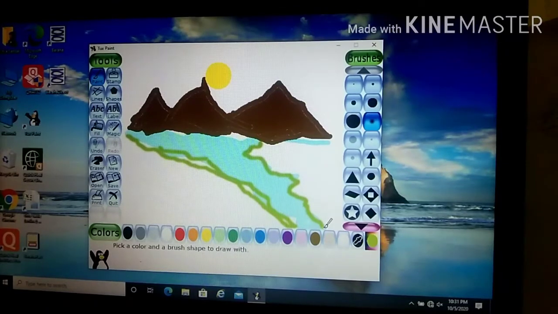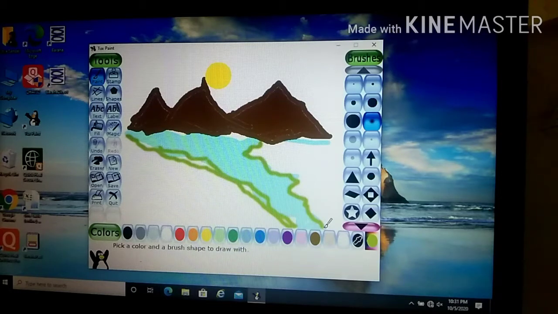Now the next is the magic tool. In the magic tool we have a number of options we can use for our drawing. It implies magic, meaning you can add some ready-made objects in your drawing. Generally in paint you draw using some shapes, some kinds of tools, and you can edit.